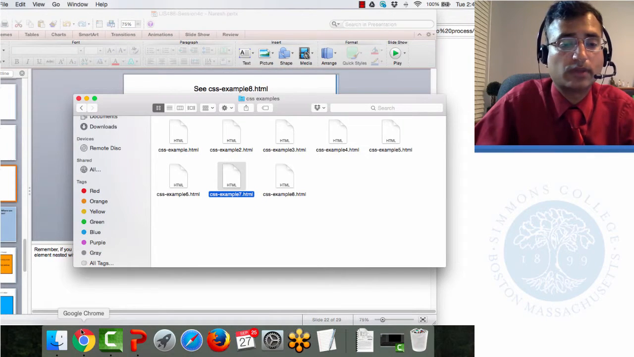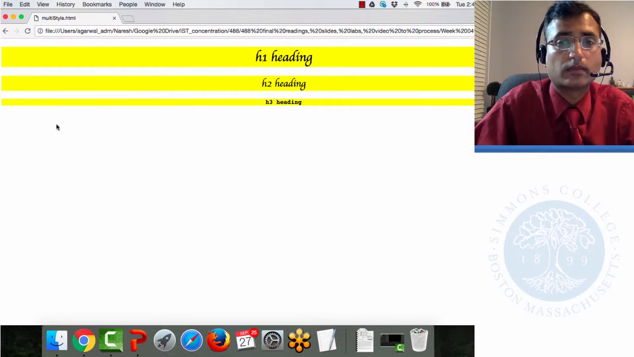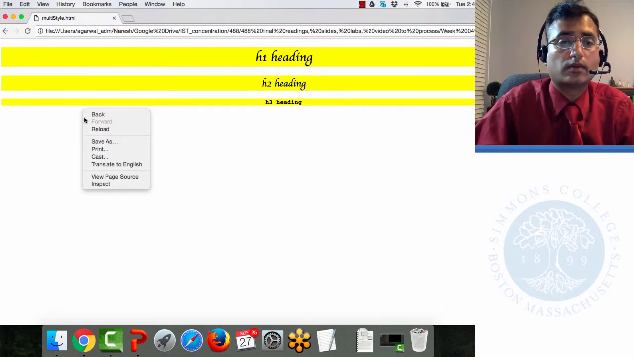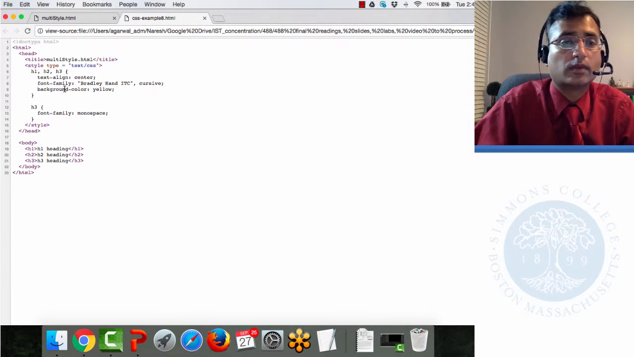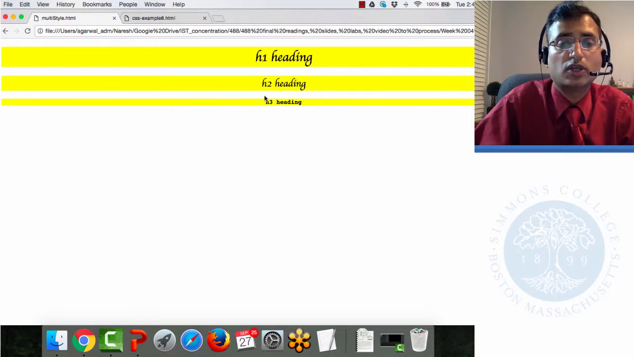So let's look at one more example. Here you have your heading 1, heading 2, or heading 3, and for each of these the text is aligned to the center, this is the font family, and the color is yellow. And for heading 3 you have some extra rules as well. The font family should be monospace. So you see that all of them pretty much have the same kind of rules applied, even though they have different sizes because of the way headings are applied. But then in your CSS,